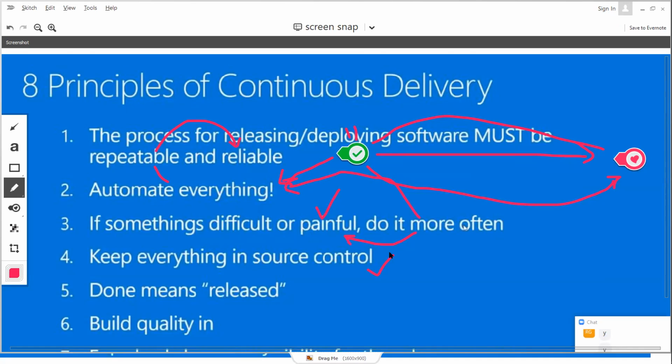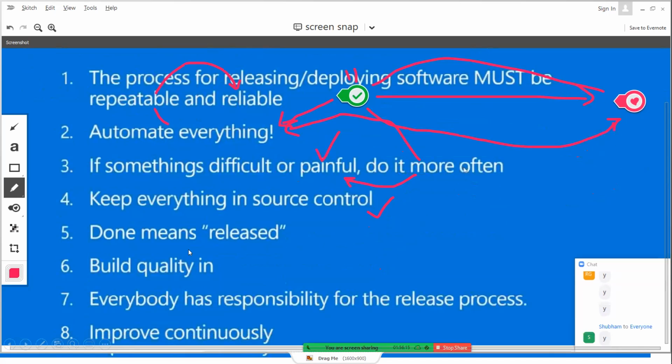If we maintain different versions of them, many times we want to roll back to previous versions in spite of some fewer features, and prefer a stable release rather than a release with bugs. So that's where source code control comes into the picture and to our rescue, guys. Okay, done means released. In other words, we want to be able to release any version, whether it's a newer one or an old one. So the quality of the build